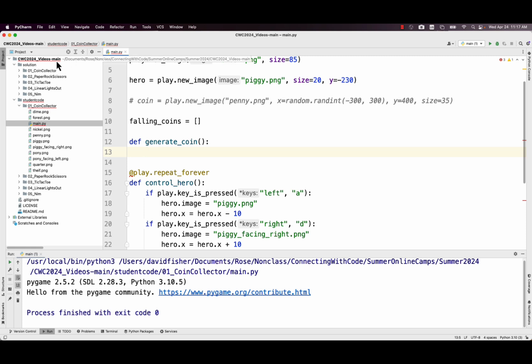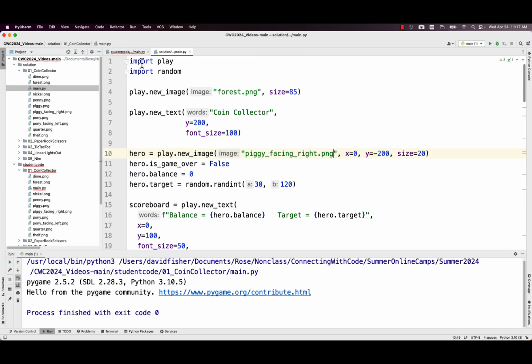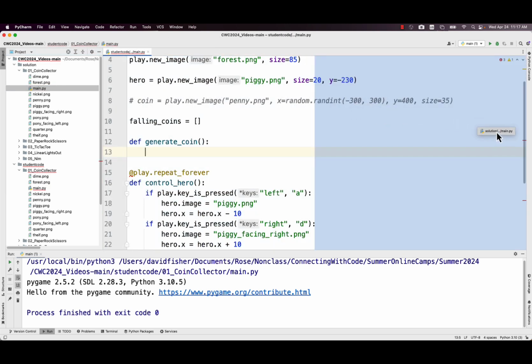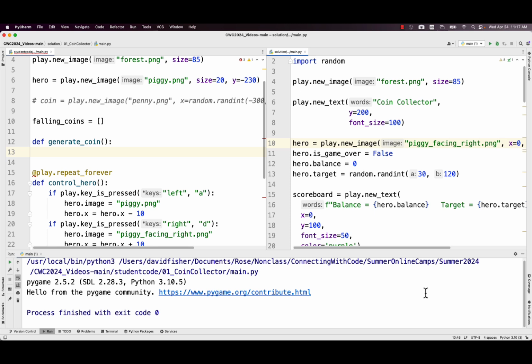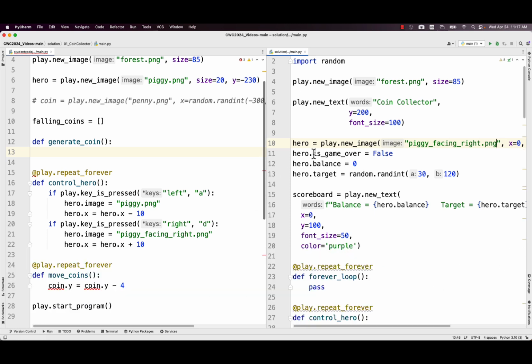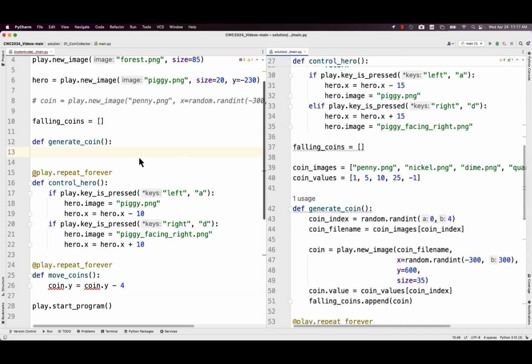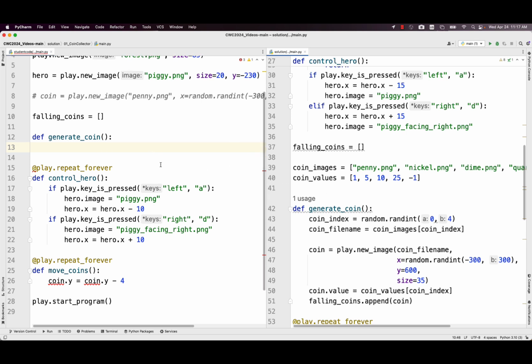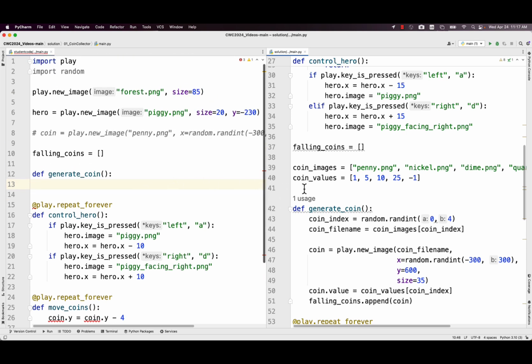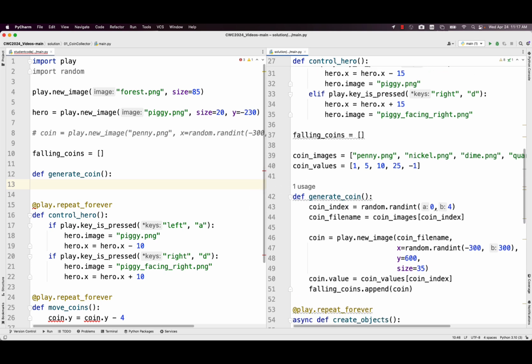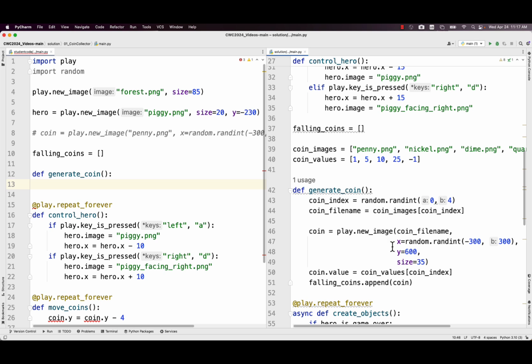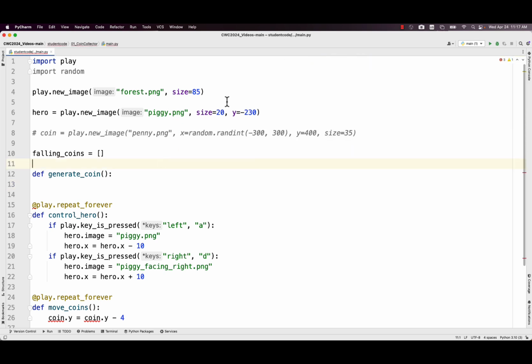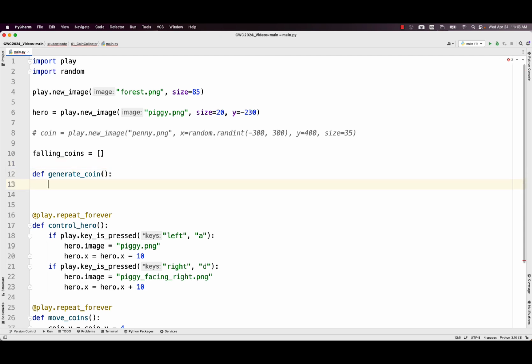Just to share one thing you can do if you are really struggling is you can go look at the solution. So I'll just kind of put the solution up over here, and you can compare your code to the solution, and you can try to find the right section in the solution, and then try to figure out how it's different. Hopefully the things that I'm doing are very similar to the solution. They're probably just a little bit different just because every time I write code they're a little different, but you can see that we're getting ready to make this generate coin function here. So you could cheat and kind of copy ahead if you wanted, but I'm going to try not to do that. I like to do it a little bit at a time just because it gives us a chance to kind of talk about it, right?